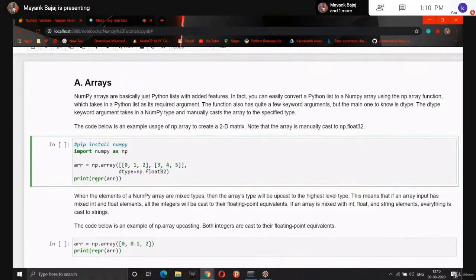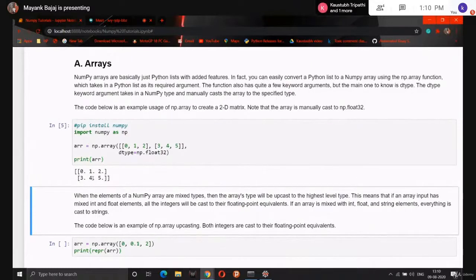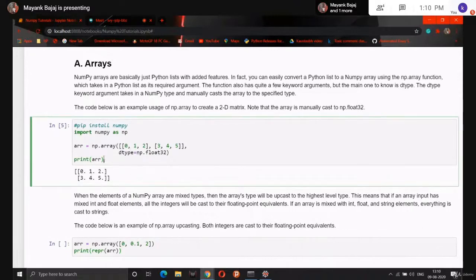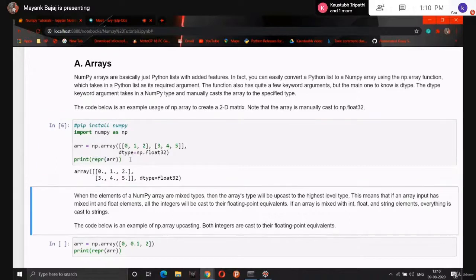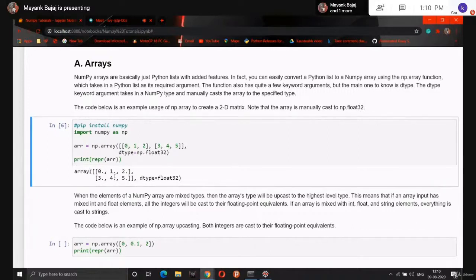The last part of the code is print. We can directly print this array without repr. I will tell you the difference between both the functions. Let's execute this. Here you can see that, as I told you, we have two rows. The first list is the first row and the second list is the second row. If you don't use repr, it is also good looking. But when we have two or three arrays, to eradicate confusion and complexity, we can use the repr function. Now if we run this, as you can see, we are getting the array keyword added, so that we can know this is a NumPy array.